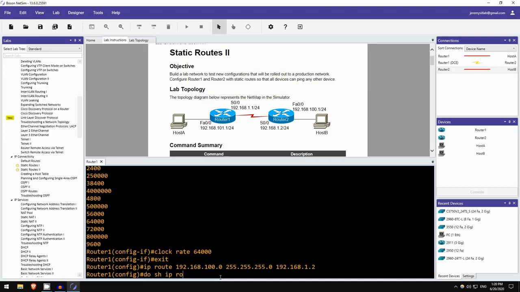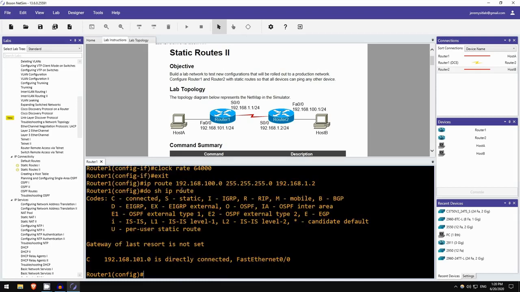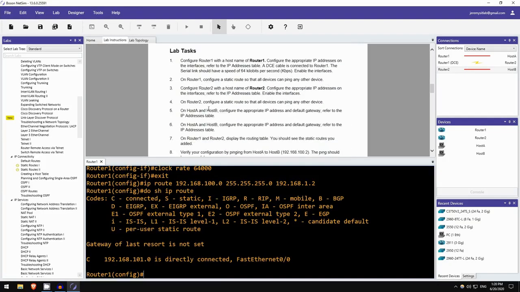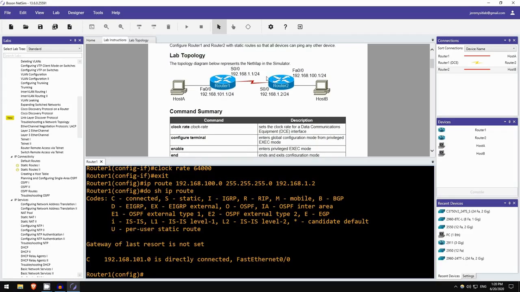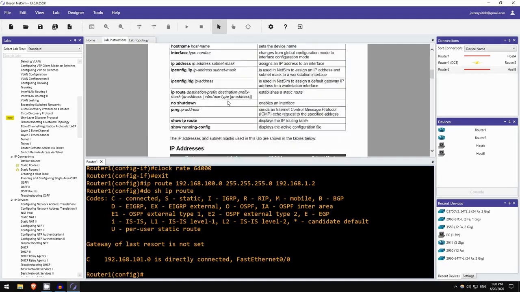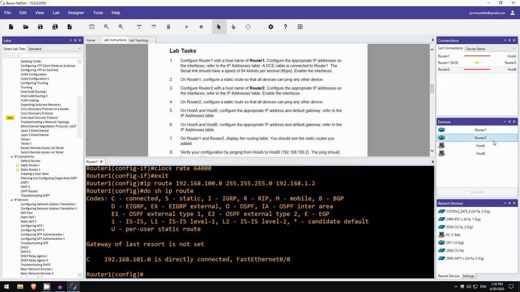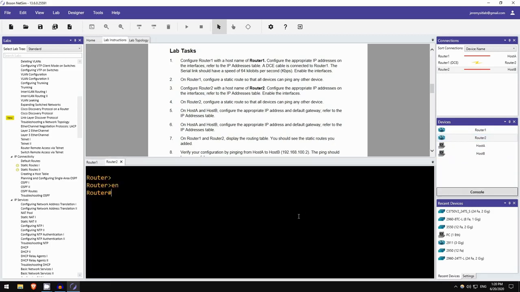Okay, let's check. Do show ip route. Oh, right, it's not up yet because this interface is still down. Okay, and then we do the same things on router 2, it seems. Yes, except on router 2 side, we do not need to configure the clock rate command because it said router 1 is the DCE side, router 2 is the DTE side. So it will receive the clock rate from router 1. So let's go into the CLI of router 2, click on router 2 here, then console, enable, conf t, hostname router